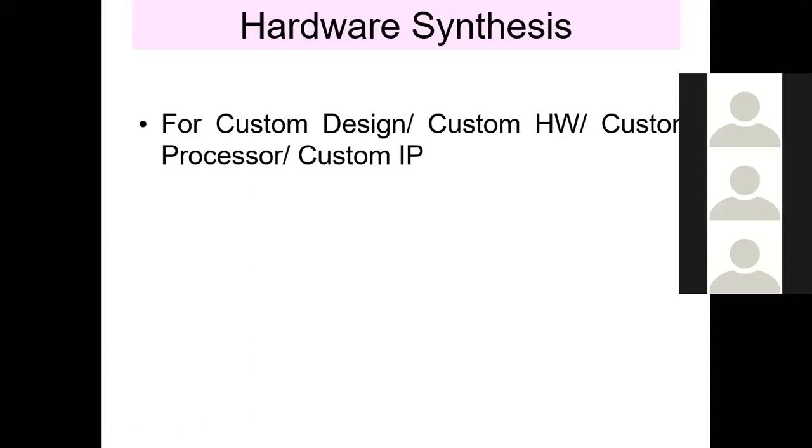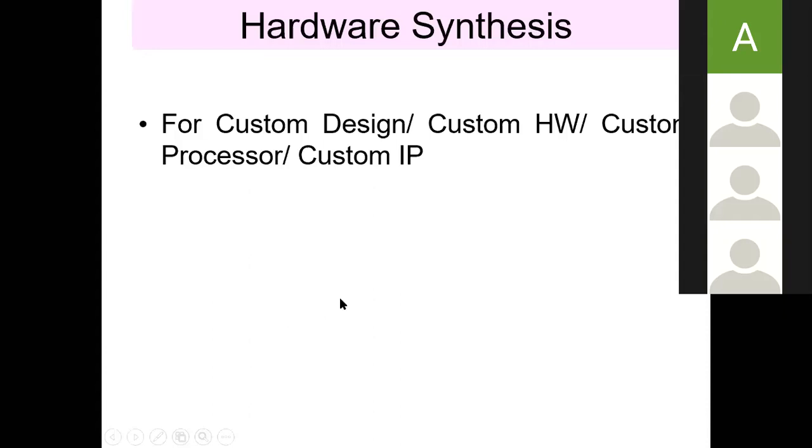That was software synthesis. Similarly, we have to do hardware synthesis. Hardware synthesis means in our embedded system we will be having custom hardware or hardware IPs as well as custom processors, right? So you have to actually create that particular hardware. From the specification to the corresponding RTL specification, that's what we call hardware synthesis. Hardware synthesis means generation of RTL specification from the system specification. That is what we call hardware synthesis.